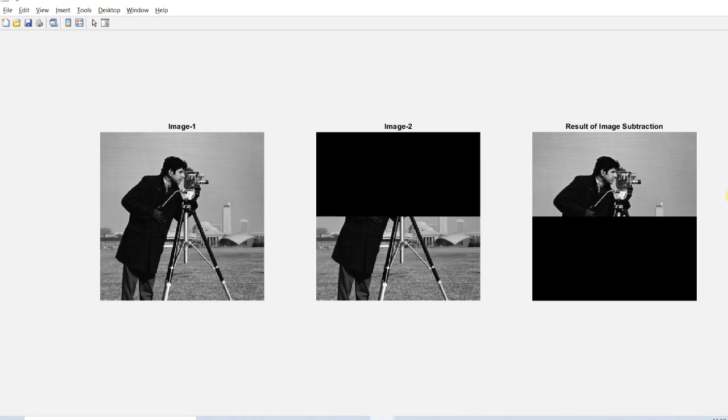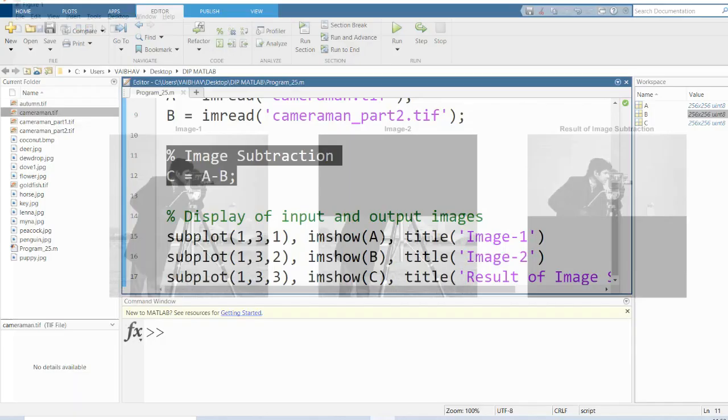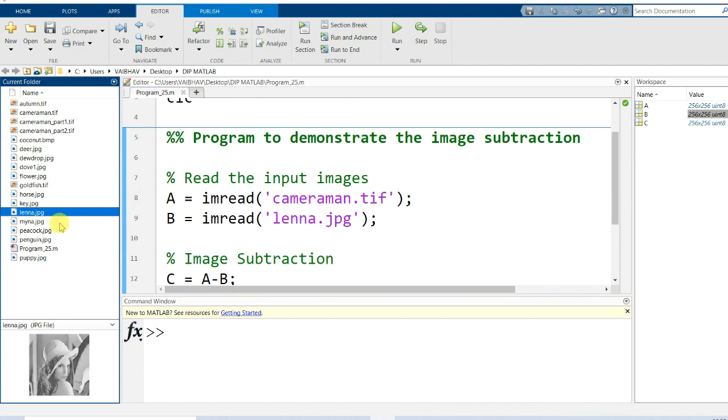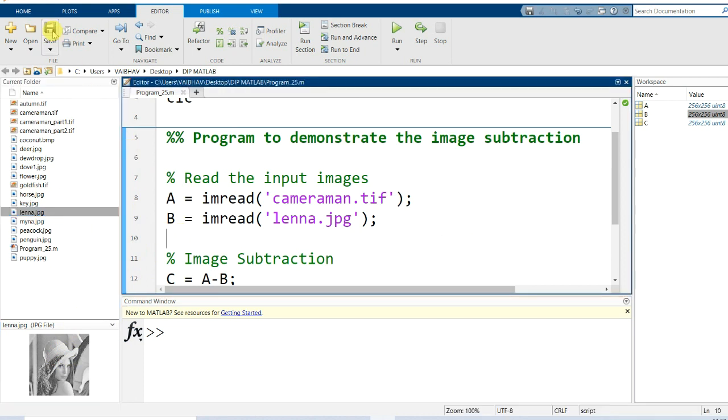So this was a simple demonstration using these two images. Now if I change the input images, instead of cameraman_part2.tif, if I make it lena.jpg, this imaging data set is also available in our current folder here. I know that both the dimensions are the same.